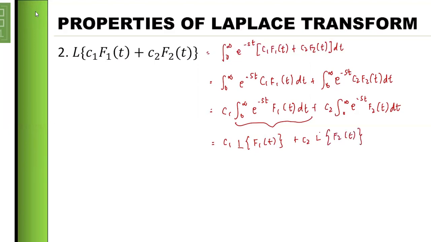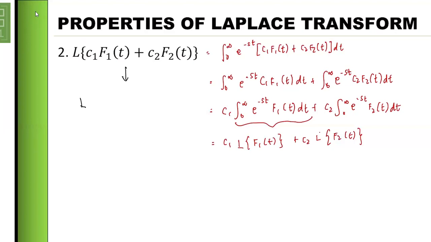Okay? So what does it mean? So kung halimbawa yung nasa loob natin is a series of term ng function or a function with two or more terms na with respect to t, pwede natin siyang paghiwalayin individually. And then pwede natin i-factor out yung constant niya dun sa labas. Okay? So meaning, dito,